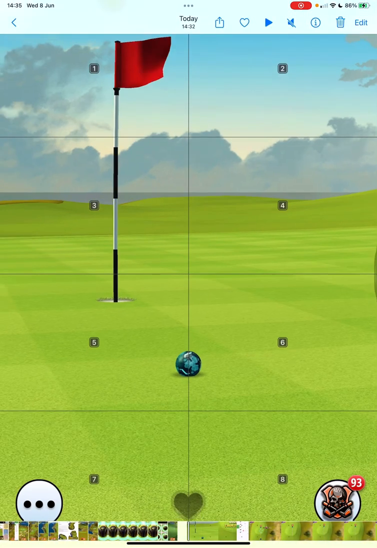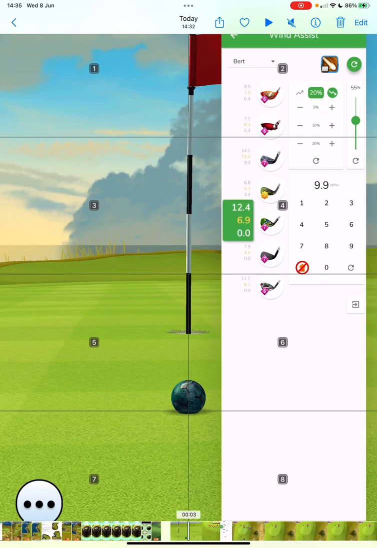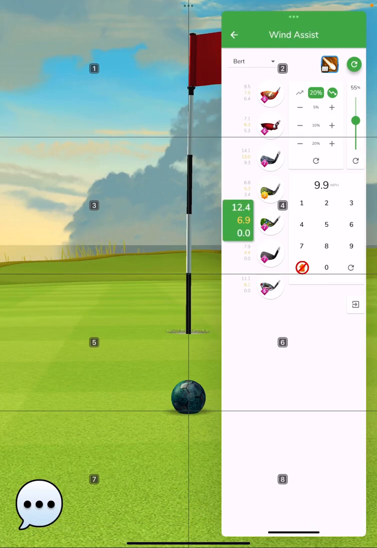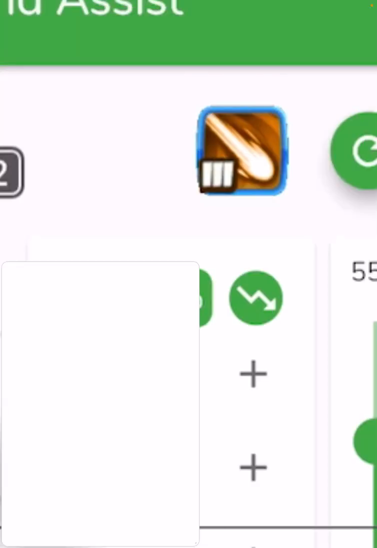So this is a previously recorded shot, and I'm just going to slow it down, fast forward and rewind through it and zoom in and out just to show you exactly what I'm doing. So the first thing to do is preset. So if you're using Notebook or Caddy, preset to the correct ball power